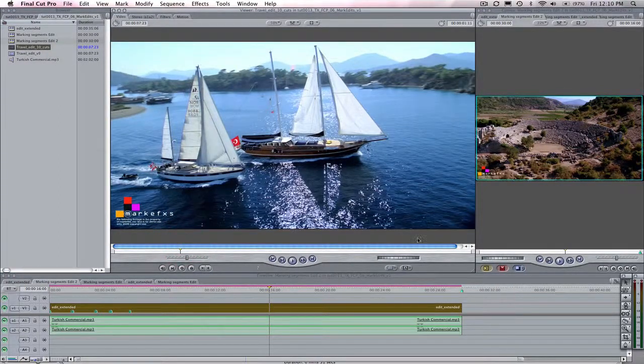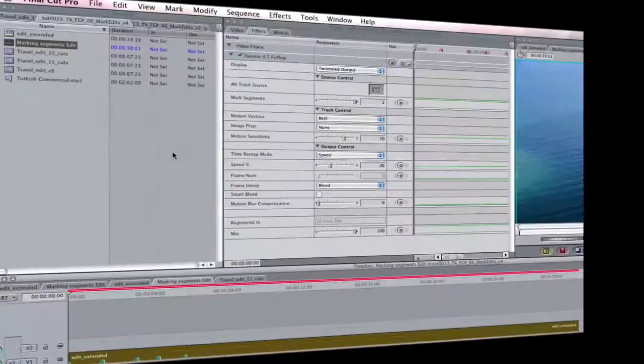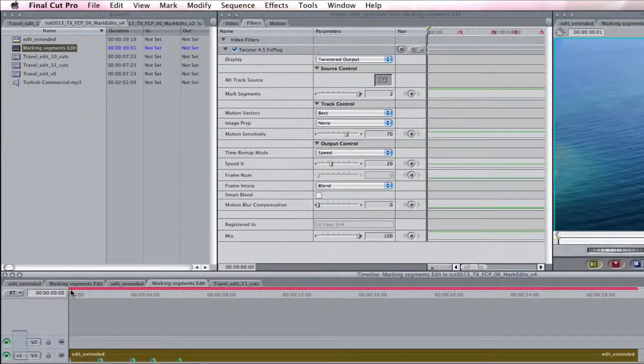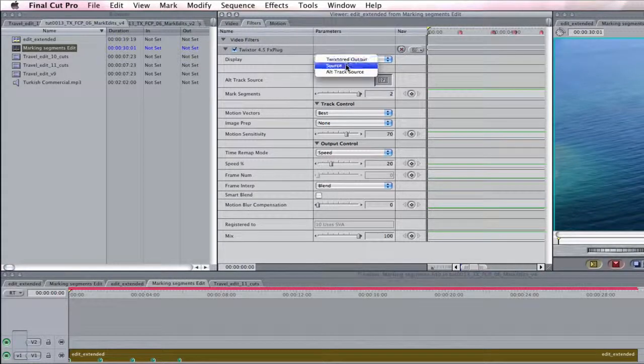Sometimes it can be easier just to use Twixtor on the footage with the edits. Let's go ahead and see how. In order to mark the edits in the source, we need to make sure Twixtor's display mode is set to Source so we can see the original footage before retiming, and set the edit points in the source timing, that is, before Twixtoring. Then I go to the first frame of the edit, and in this case, that would be